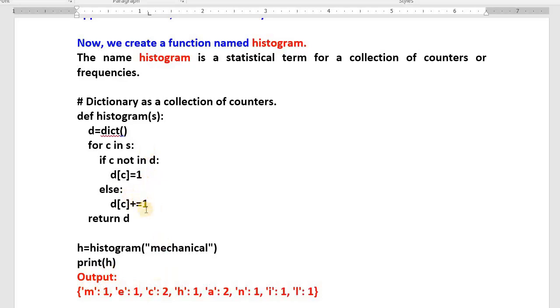Then how to write it? It's very easy. def, the function name is histogram. It takes one string. We create one empty dictionary. Already in my last class I taught you the dict built-in function. It creates one empty dictionary, just an opening curly bracket and a closing curly bracket. In that dictionary, what do I do? I add